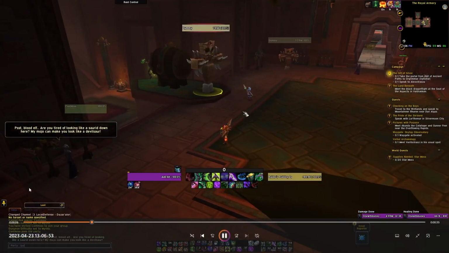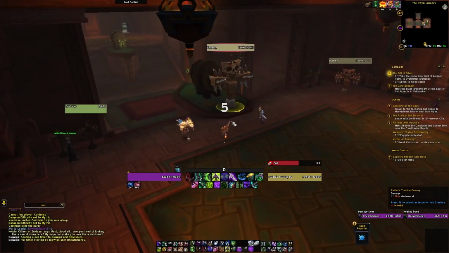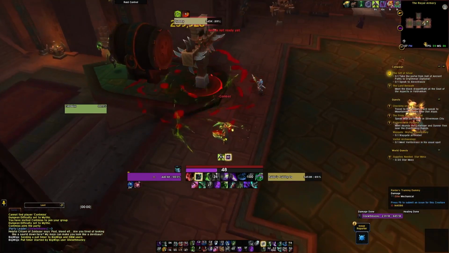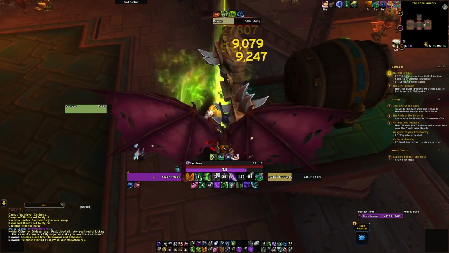Now I got my hunter buddy to Lust me for this so we can see a bit of the thing. So we're doing a pull timer for 10 seconds. He doesn't have a pet out, so Lust is a little delayed, but it doesn't really matter. We go in, we start off with our Sigil of Flame, Immolation Aura, Fel Rush. I used my trinket. I used Hunt at the wrong time, but then I threw up my glaive, and we'll see